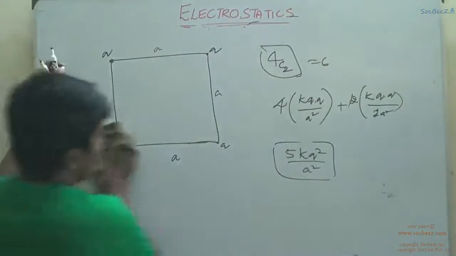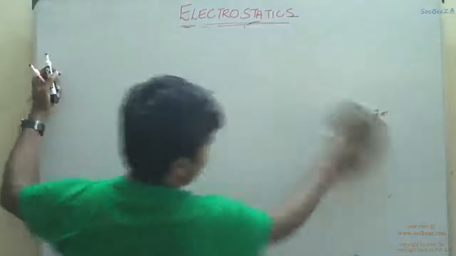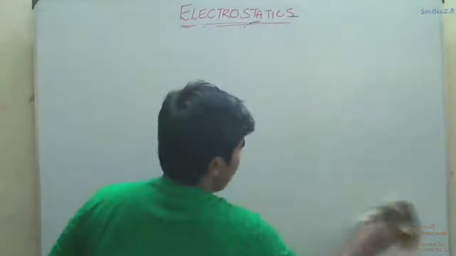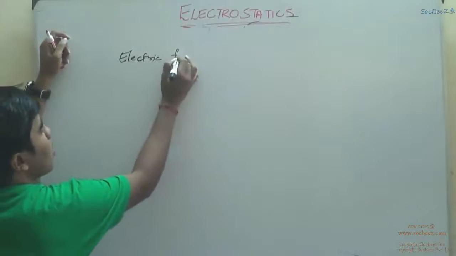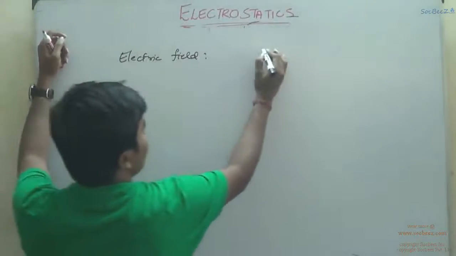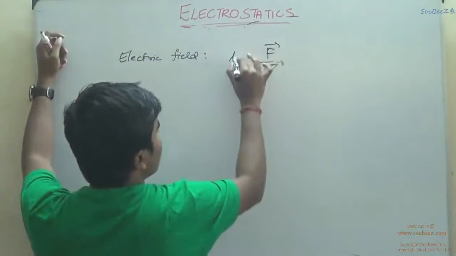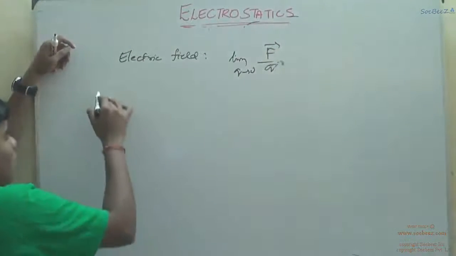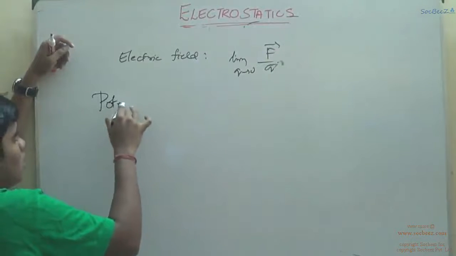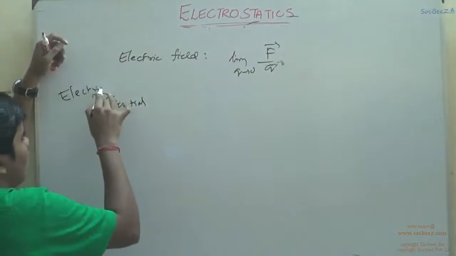Now we go on to our next concept of electric potential. How did we find out the electric field? We said that force on a test charge is equal to electric field. In a similar manner, we define potential, electric potential, as